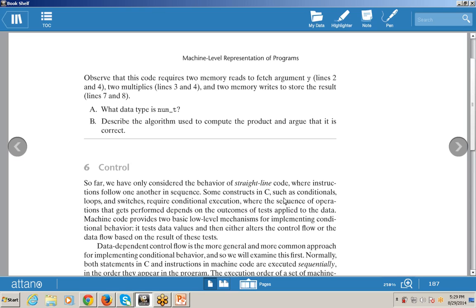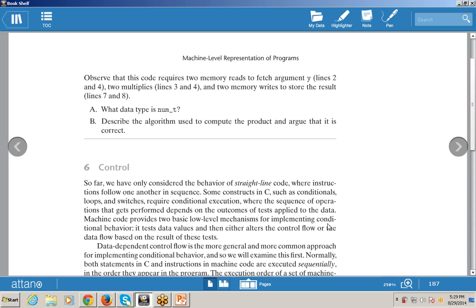Some constructs in C, such as conditionals, loops, and switches, require conditional execution, where the sequence of operations that get performed depends on the outcome of a test applied to the data. Machine code provides two basic low-level mechanisms for implementing conditional behavior.